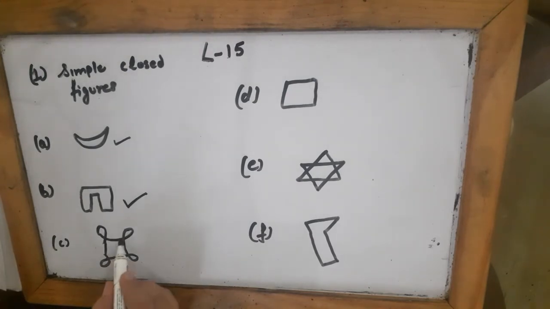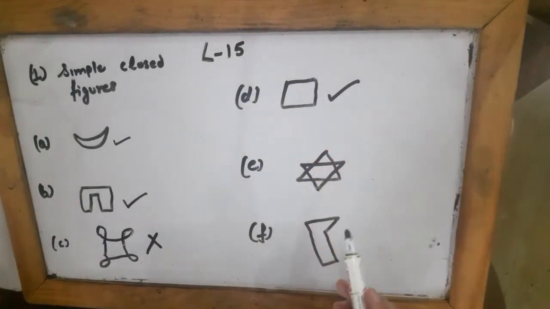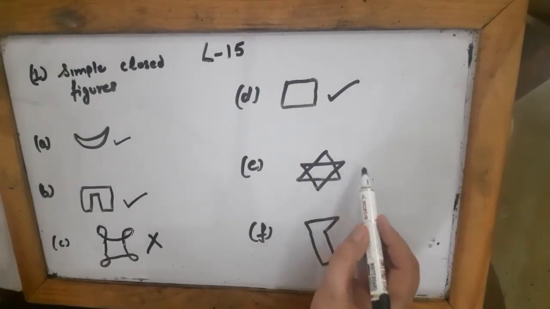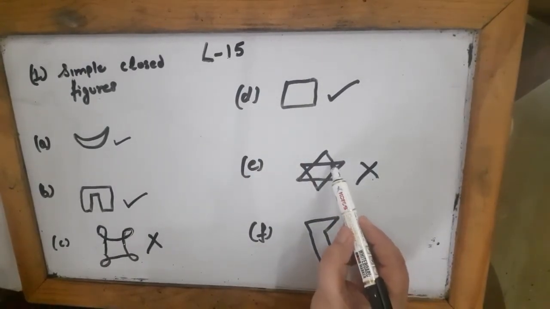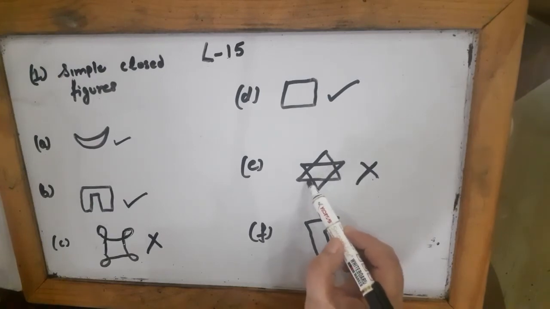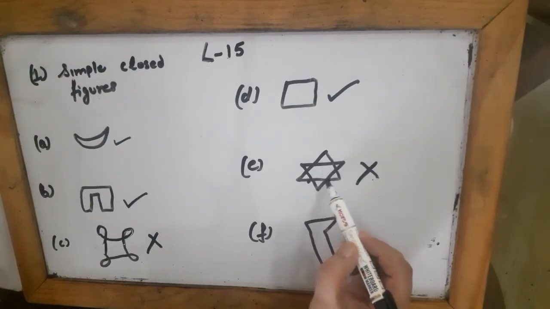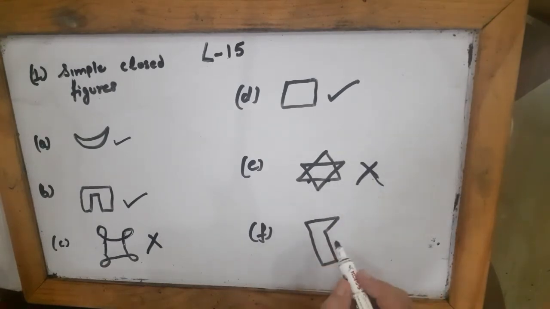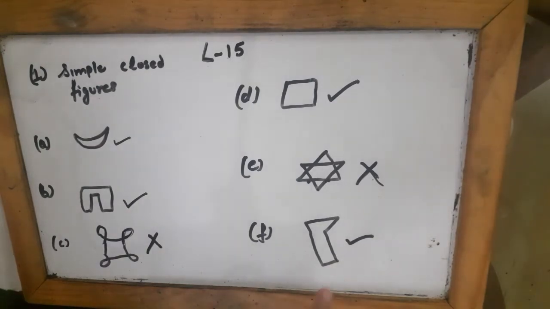Now look at this. You can see the two lines are crossing each other, here also, here also, here and here also. So this is not a simple closed figure. This is a simple closed figure because nowhere the two lines intersect. This is not a simple closed figure. As you can see here, these two lines are crossing each other, they are intersecting. So this is not a simple closed figure, while this is a simple closed figure because nowhere the two lines